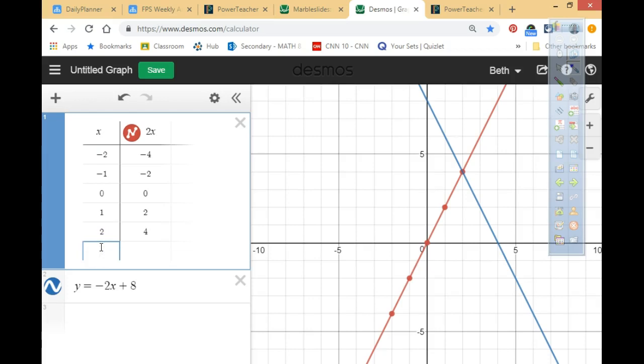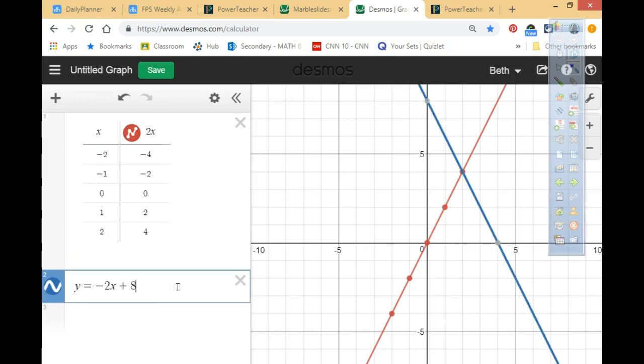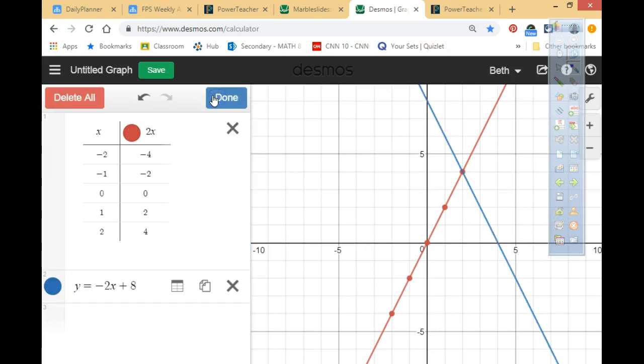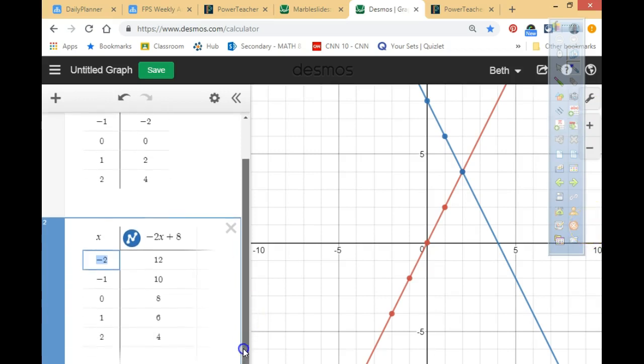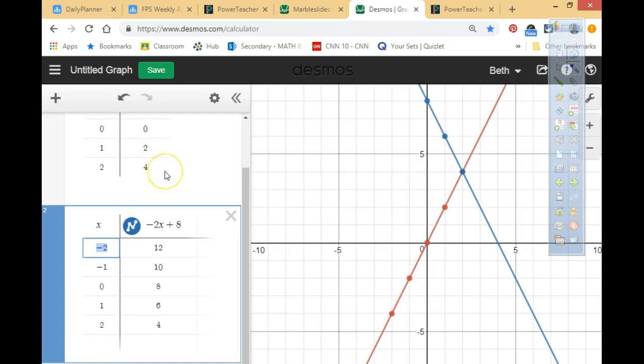We're not going to do that now. Again, you're going to click on this equation on Friday when you look at it, and we are going to make a table with it. Because one of the things when you get into your upper level math classes is that you need to be able to find that point of intersection on a table also. What you will notice here is that at 2 it's at 4 and at 2 it's at 4, which is this point here, 2, 4. So on Friday it's just